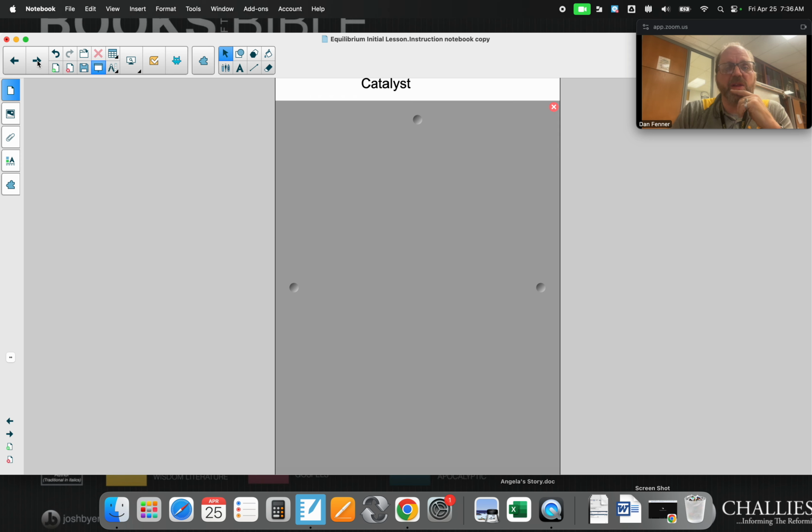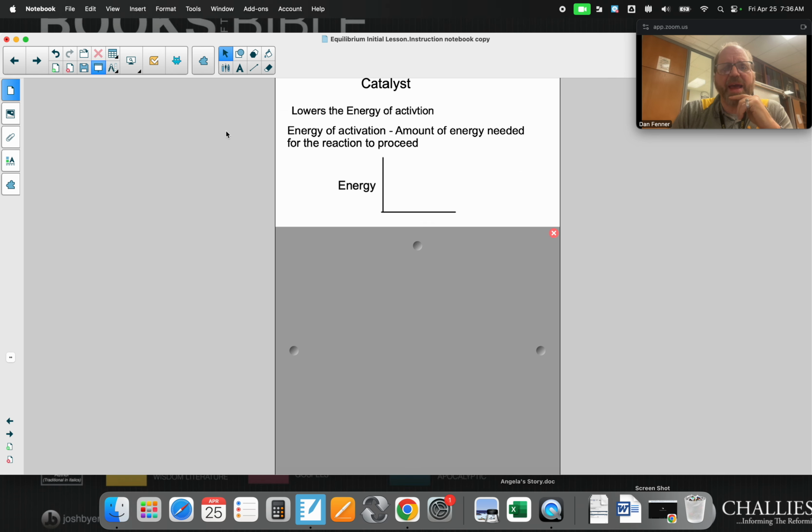Awesome. Okay, so last one, catalyst. Now, what is a catalyst? A catalyst is something that lowers the energy of activation. It's a substance that lowers the energy of activation without being absorbed. So however much I have, at the end I will have that same amount. There's 2 main ways we do that: either a catalytic complex, a short-lived substance that holds it together, or a substrate, a substance on which the reaction